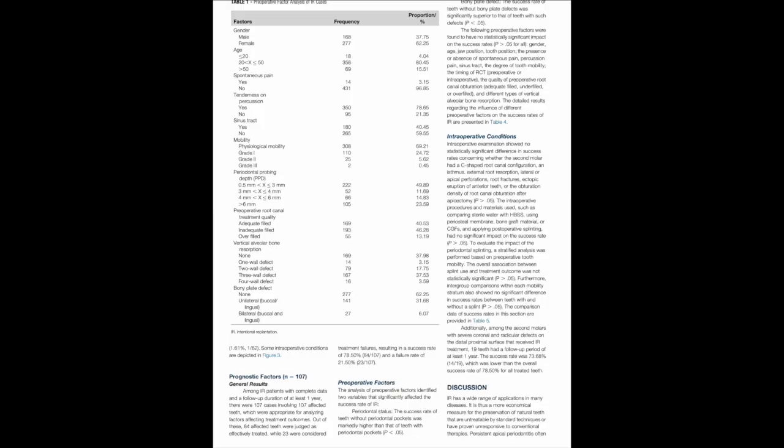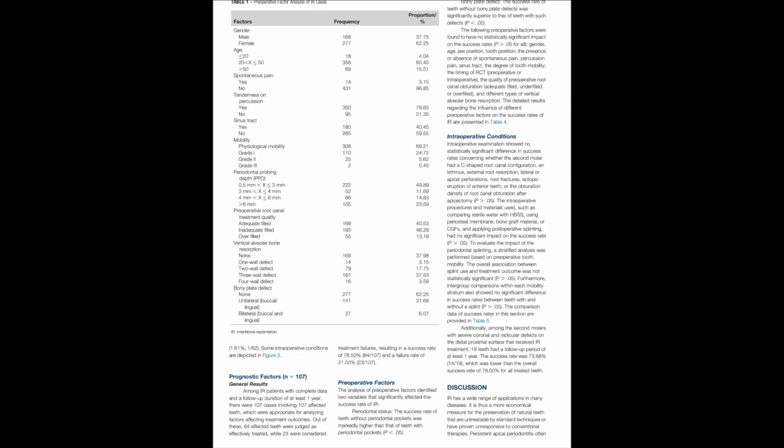And finally, postoperatively, among the 107 teeth followed for at least 1 year, 84 teeth were successfully treated and 23 failed. The overall success rate was 78.5%, and the success rate for second molars with severe coronal and radicular defects on the distal proximal surface was 73.68%, and the postoperative splinting did not significantly improve the success rate regardless